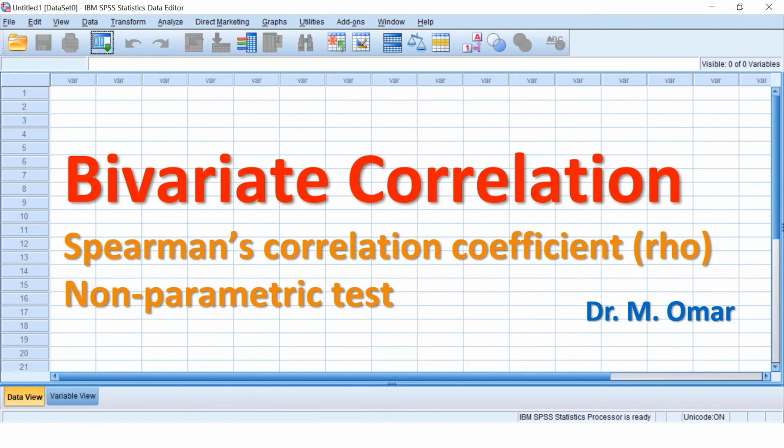If the rho coefficient is close to 0 or 0, then it means that there is no correlation between two variables and there is no link. So the test really measures the strength of the correlation, the direction of the correlation, increase or decrease, and the statistical significance of this correlation. The way to do that